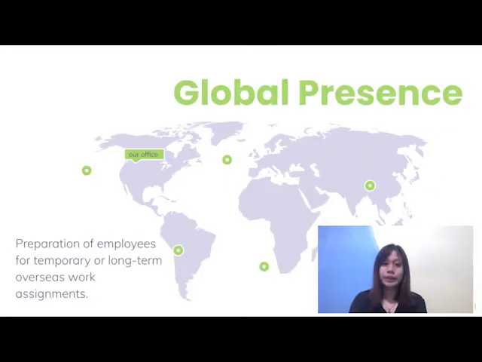Next is global presence. Global presence is the existence or recognition of a company or an organization outside the country or internationally. This is for companies with global operations that give training to their employees to prepare for future overseas assignments. The key challenge to their training is to ensure that learning is effective for all employees regardless of the language they speak or their